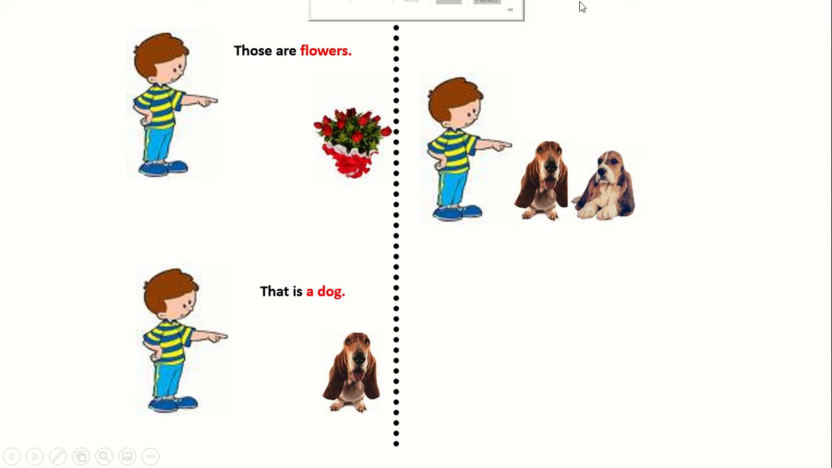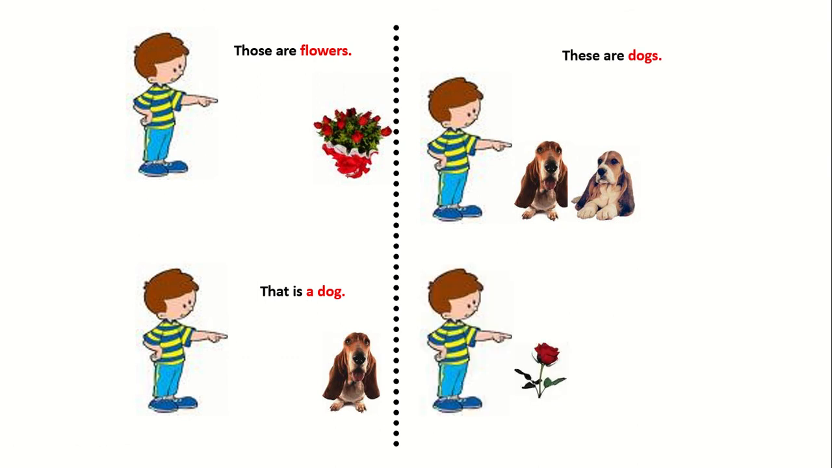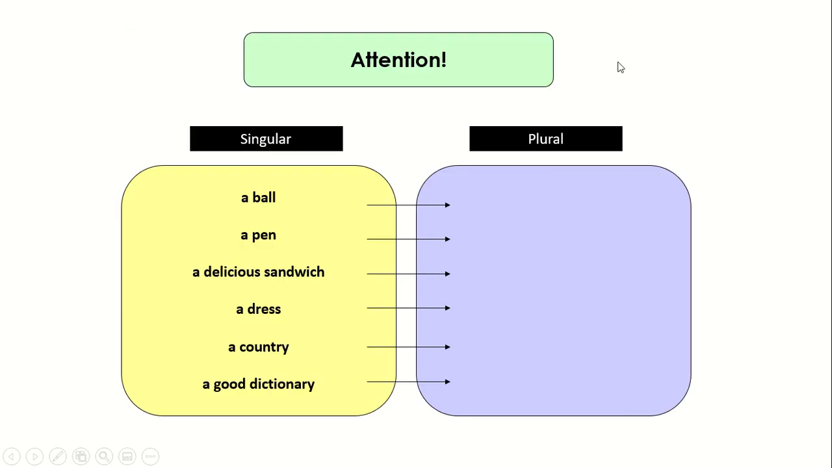Now we have two dogs, but they are near the boy. What do we say? These are dogs. Finally, one flower near the boy. What do we say? This is a flower. So it's very important for us to know the difference between the singular and the plural. And this is what we're going to study now, how to make the singular plural and what we need